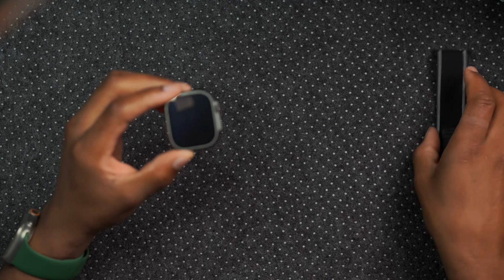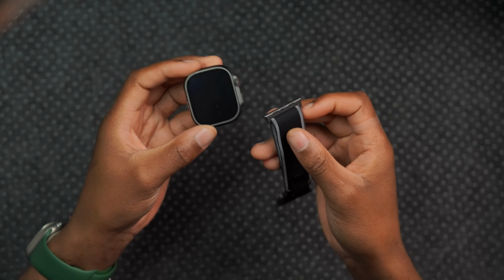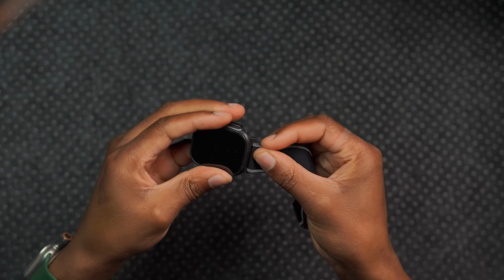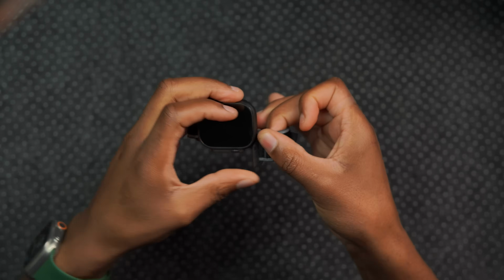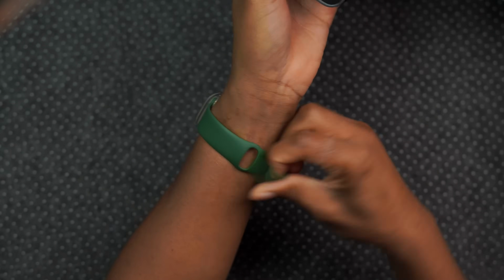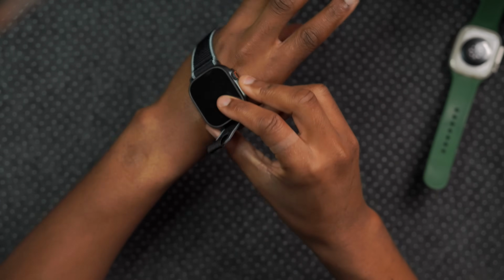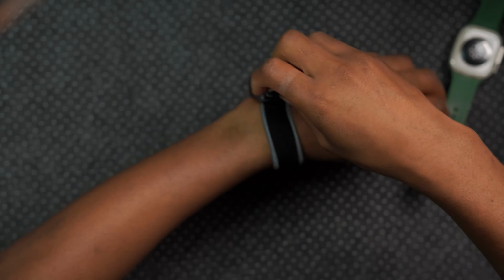First thing I'm going to do is to put on the band on my Apple Watch Ultra. So I'll take this section and then slide it in here, just like this. It clicks and goes in. And then the other thing that I'm going to do is to take this and then slide it into here. And now this is how the band looks. I'll remove this Apple Watch Ultra 1 from my wrist, just like this, slide this in, and if I pull on this band just like this,